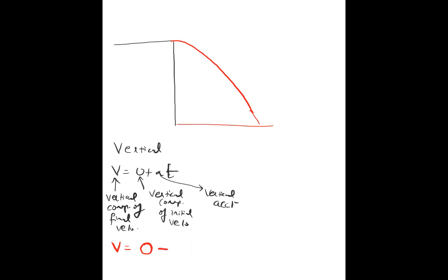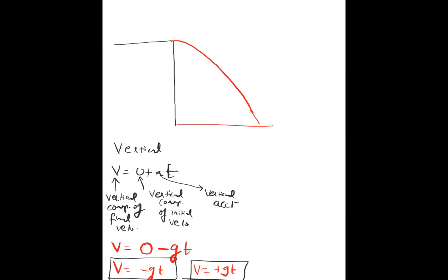Either you can put plus or you can also put minus, depending on what direction you are taking. So you are putting minus because it's in the downward direction. You can put the minus sign also. It's up to you. So we are getting a formula like v equals minus gt. Even you can get a formula like v equals plus gt. If you are taking the downward direction as positive, the answer will be v equals plus gt. If you take the downward direction as negative, it's minus gt. So this is the formula for the final vertical velocity.